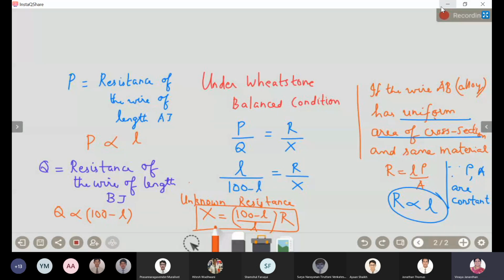The last part: the meter bridge is used to find the unknown resistance of a given wire. You can find the resistivity of the same wire once you find your value of R. Shall I move on to the next, boys?